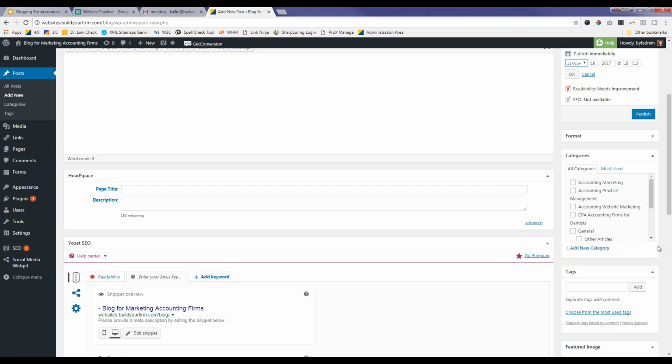So you might want to come up with a handful of categories. Maybe you're writing about business taxes, you're going to have one about individual taxes, maybe you'll have a QuickBooks one, and then maybe you do some sort of niche accounting, such as, like I said before, maybe you do restaurant accounting. So you can kind of organize it into a few basic categories, and just makes it a little bit easier for somebody who's reading on your blog to sort of get to where they need to go. But you really don't need to waste a lot of time worrying about these two pieces. It's really just for organization. So it's not something you want to worry too much about getting hung up on.